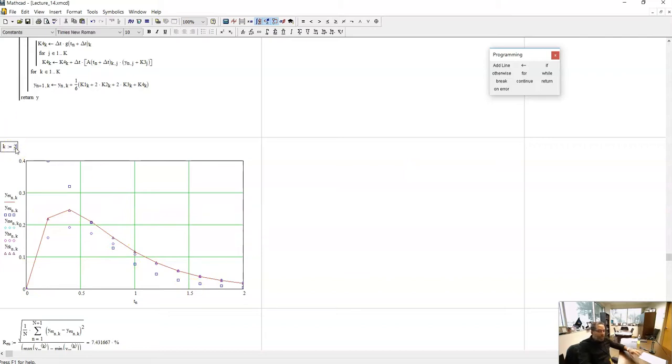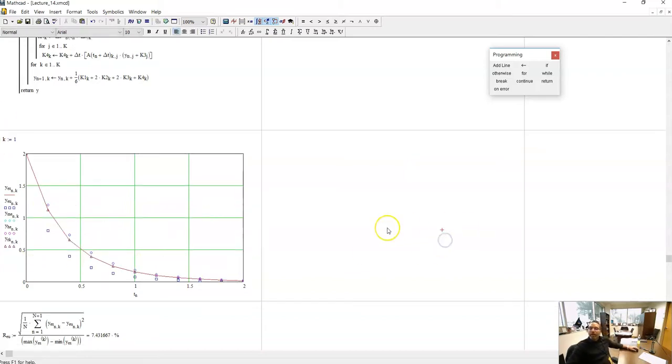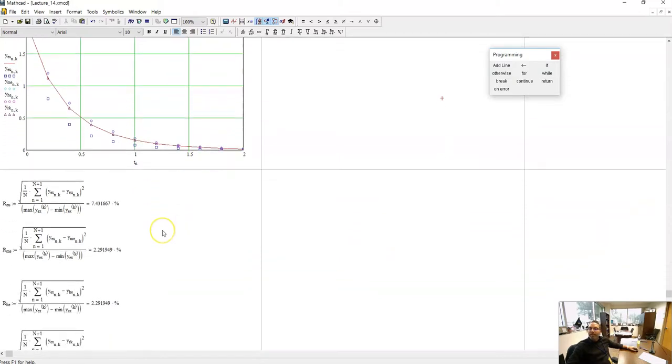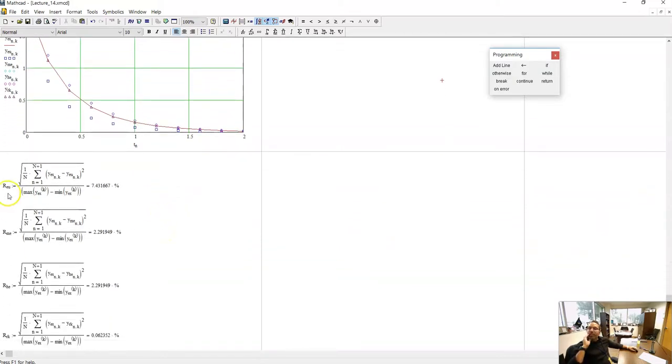So let's stick with K equal 1 first and see what kind of quantitative errors I got. The residual for the Euler's method is 7.43%. The same way that I defined the residuals last time, with the only difference, remember, that the arrays are now starting at 1 instead of at 0. So I am adding the squares of the differences from 1 to n plus 1, dividing by n, taking the square root of that, and then dividing by the maximum of the exact solution of the K